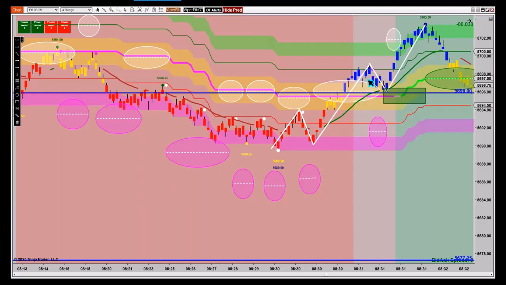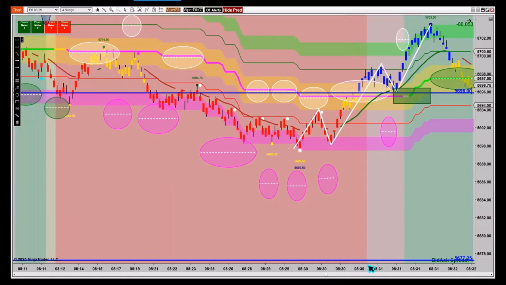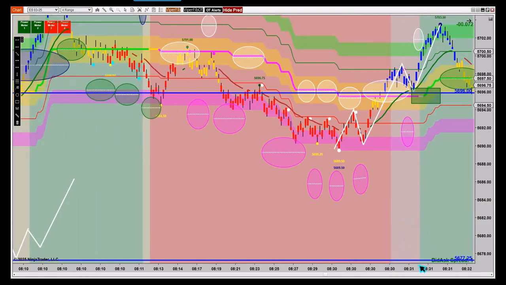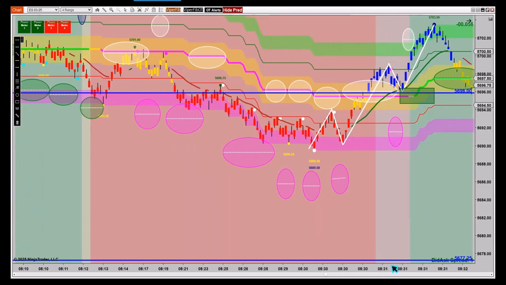Now, if this would have just shot up, and let's say it didn't have this little bip up and pullback, and it just shot straight up, well, then this wouldn't be a line. But anytime they form what we call the lightning swings, this is actually a line in the sand long short. Okay. And if you can catch these line in the sand long shorts,